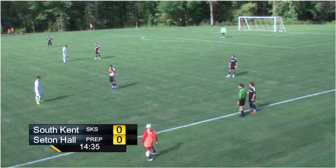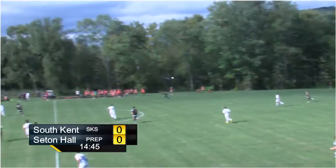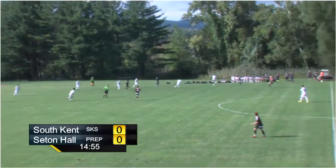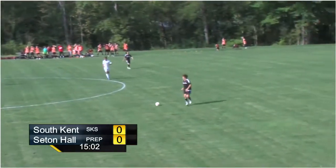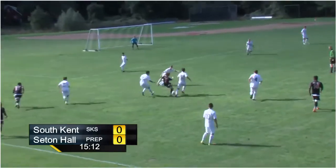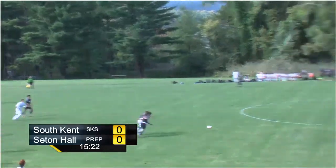And now looks like we're set to go, and Bobby Dahl will throw in for South Kent. And we're back in play to Christian Dalton. Nice pass from Christian to Hassan. And back to Bobby's dribbling. Pass to Alex. Oh, that was...